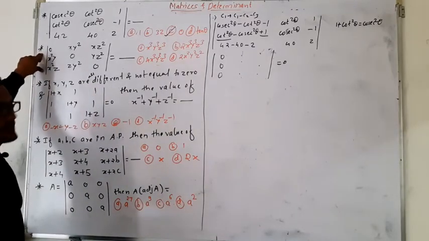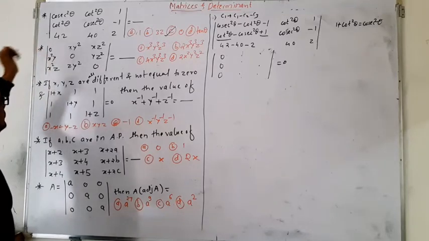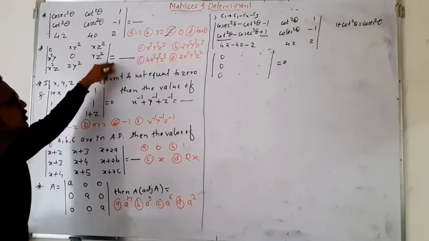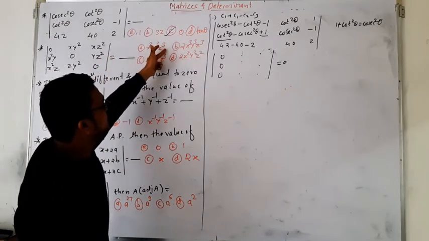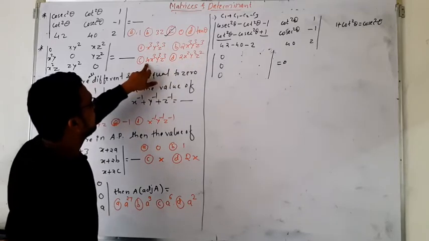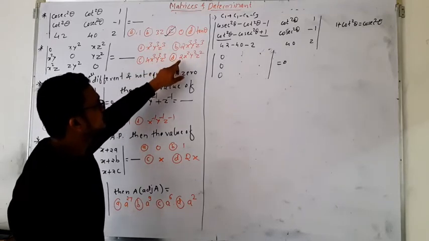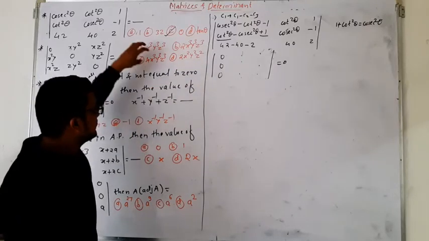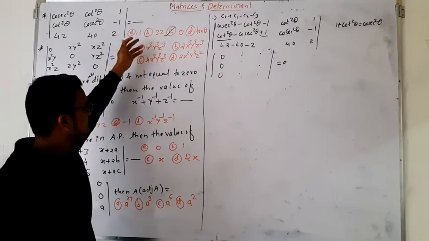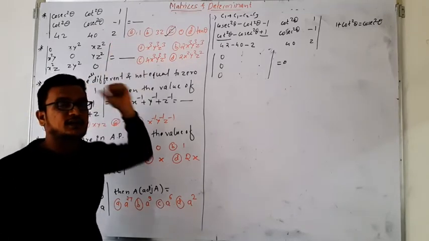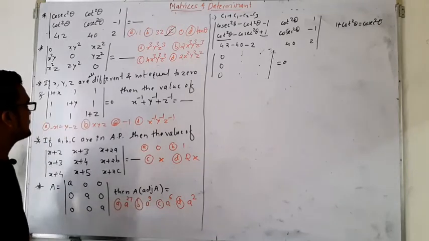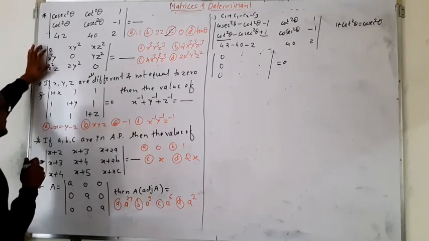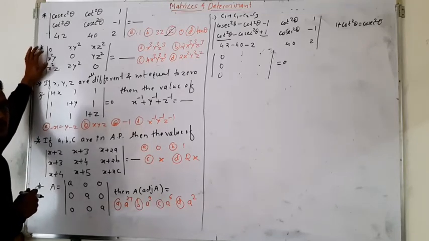Next one, second example now. They have given one determinant. Then we have to find the value of this determinant. The options are x cube y cube z cube, 2 into x cube y cube z cube, 4 into x cube y cube z cube, 2 into x square y square z square. Again, by seeing the options, we will come to know that here the terms are x, y, z, which are common, but they have some powers. And after looking at the determinant, I think it is very easy to simplify this by taking some common elements from the rows or from the columns.